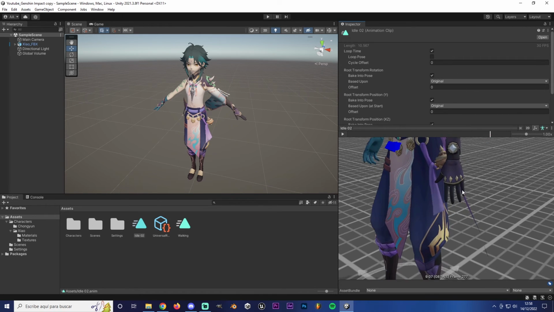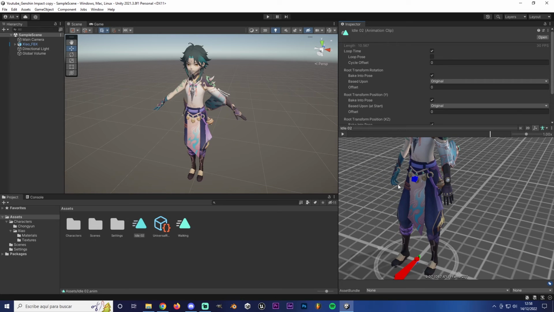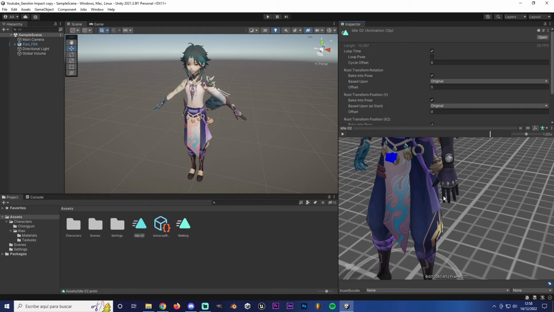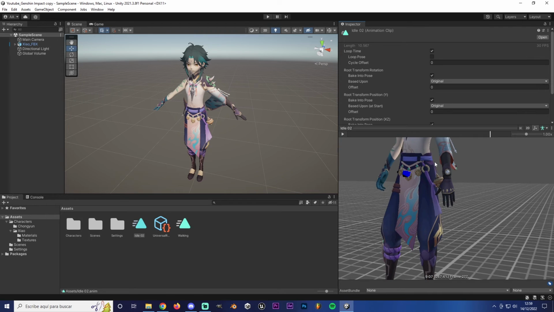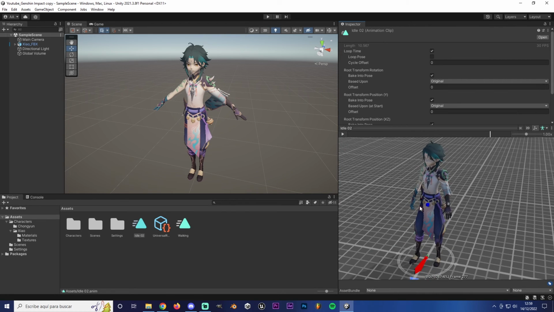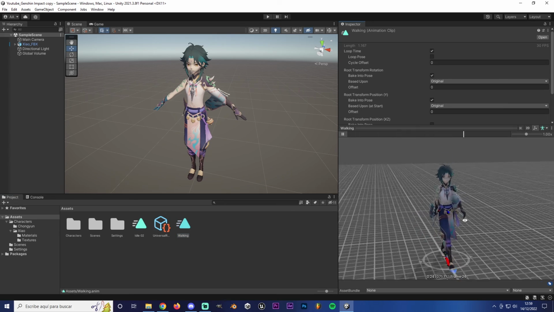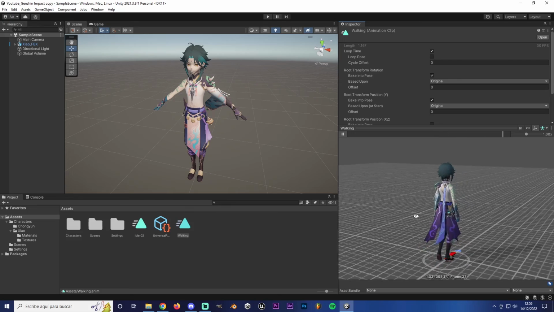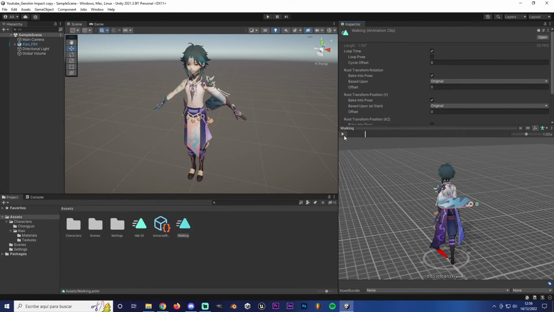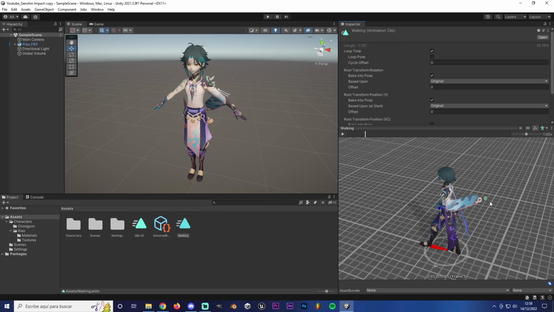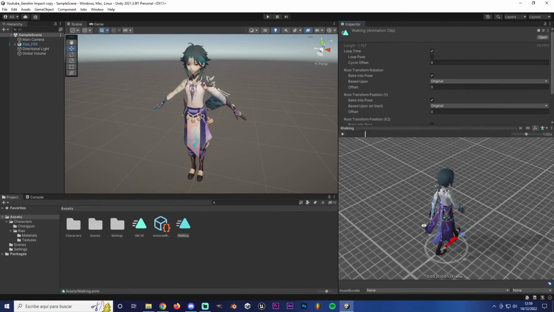Every finger is doing good, because if we didn't configure the bones well, this finger would be stretched like this because it thinks it's the thumb, and this one would be stretched like this because it thinks it's the index. Okay, so just keep that in mind. And if we take a look at the walking, see how it's walking good. It's perfect. You can see that the clothes are a bit odd, but don't worry, we will take care